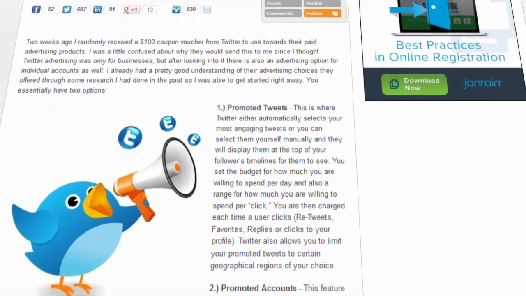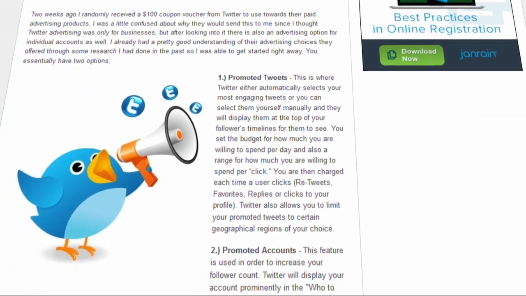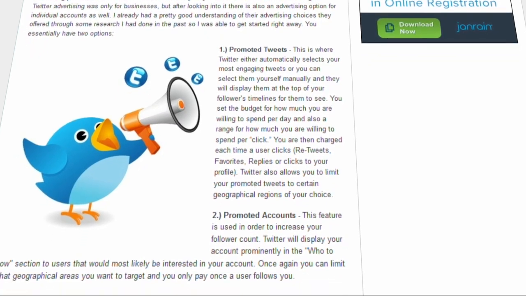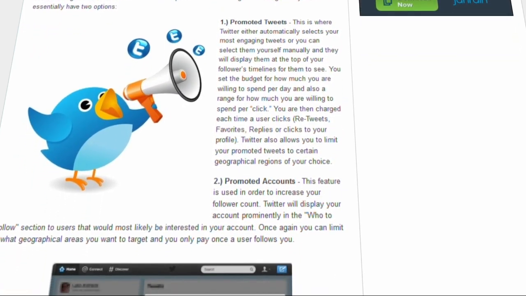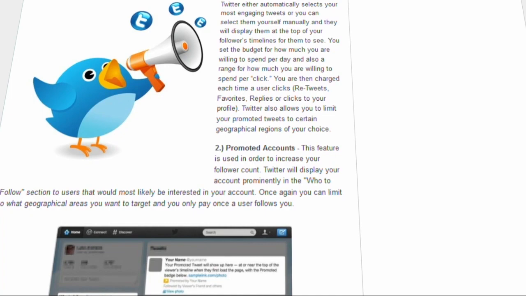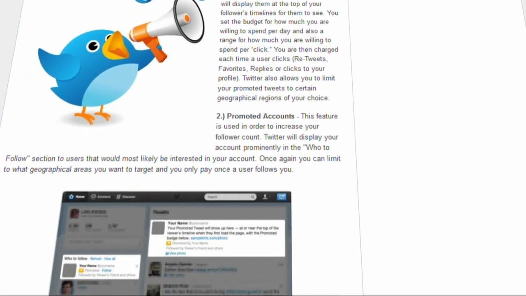Definitely, 100%. If I kept it really broad, like the whole Twitter universe, I'm sure my conversion rates would have been much cheaper. So each new follower and each new click would have been probably half the cost, or maybe even less. But the fact that I kept it to just two cities definitely drove up the cost.